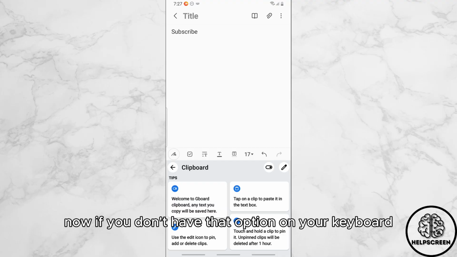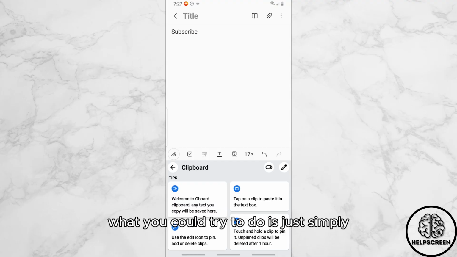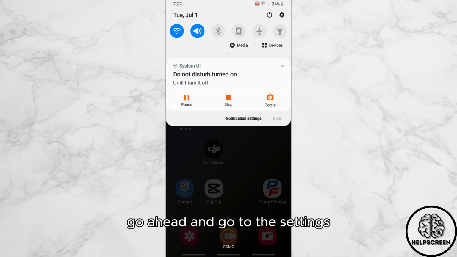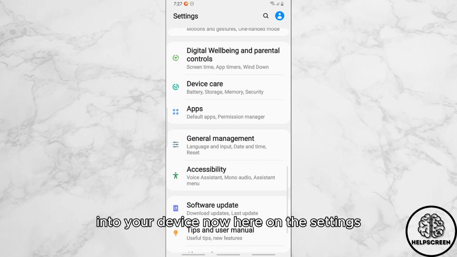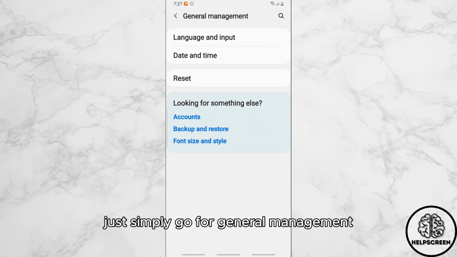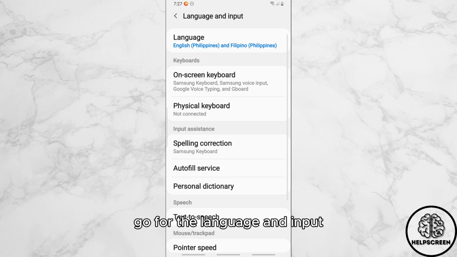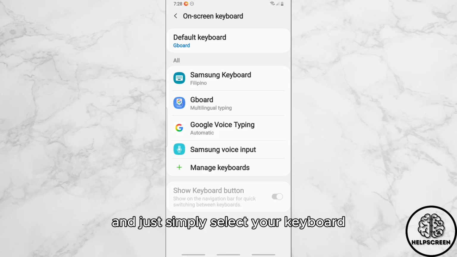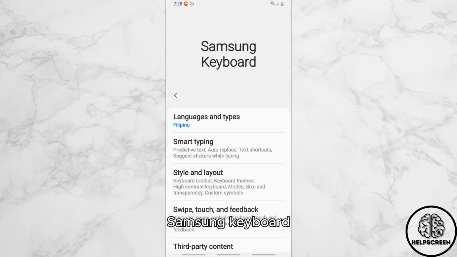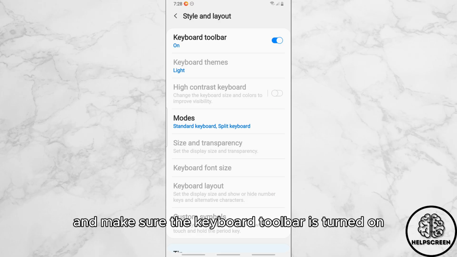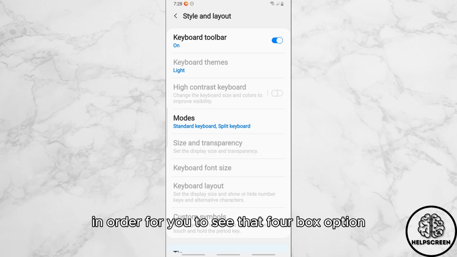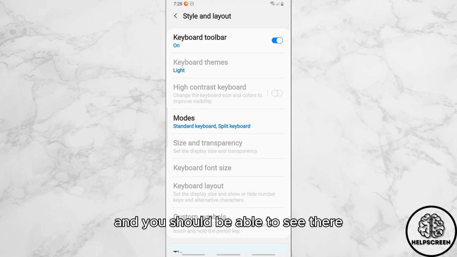Now, if you don't have that option on your keyboard, what you could try to do is just simply go ahead and go through the settings into your device. Now, here on the settings, just simply go for general management, go for the language and input, go for the on screen keyboard, and just simply select your keyboard, Samsung keyboard, and just simply go for style and layout, and make sure the keyboard toolbar is turned on in order for you to see that four box option, and you should be able to see there the